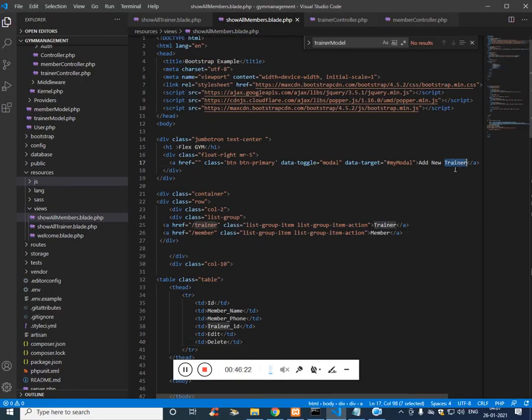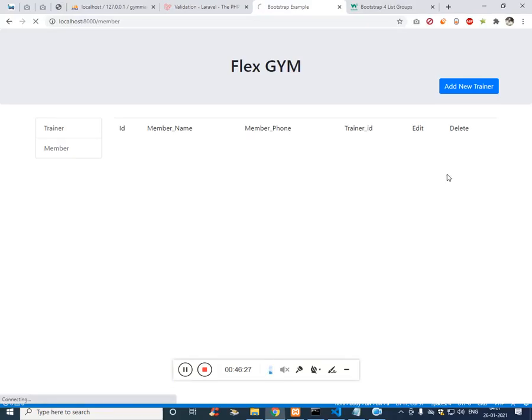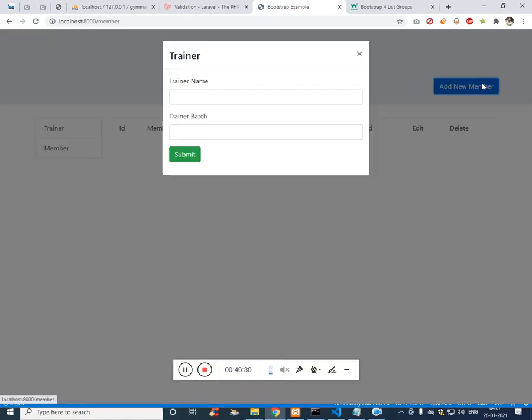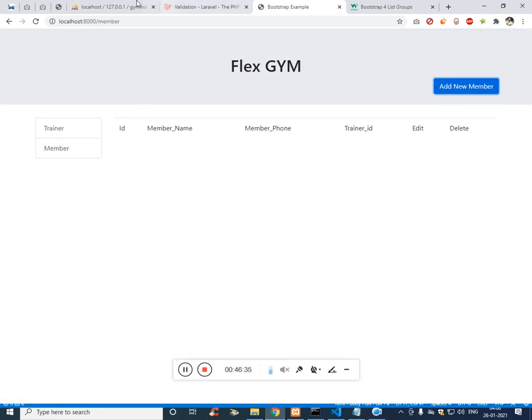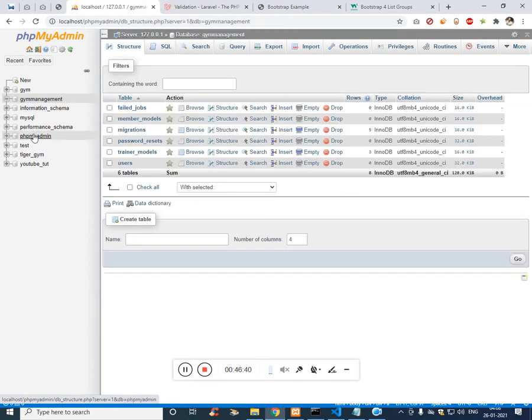add new member. You have to be very careful because we are just going to repeat the same step what we did. So the first thing we did is we have to insert some duplicate values on the members.